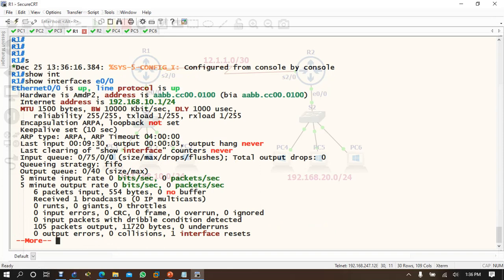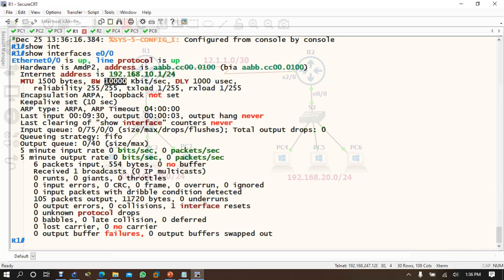is up, my MAC address is this, my IP address is this, and the maximum transfer unit it supports is this. Bandwidth: I can support 10 Mbps, but because I am Fast Ethernet, I can use up to 100. Slowly you will learn all this information.